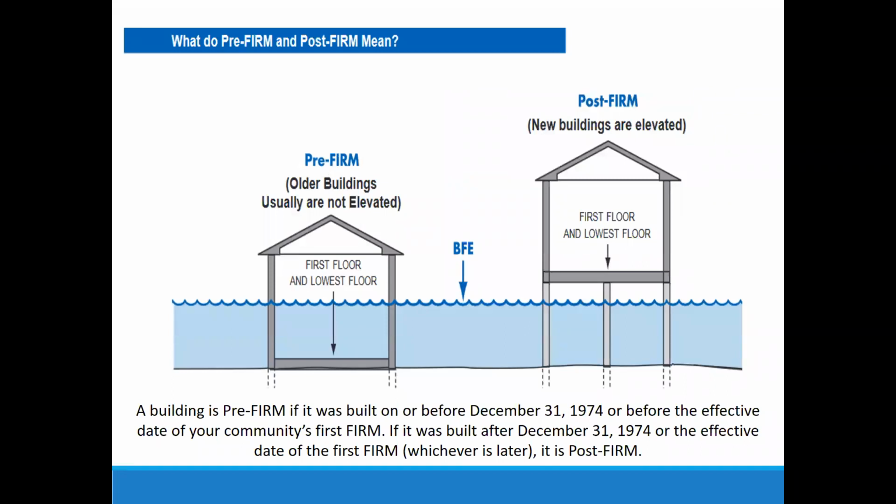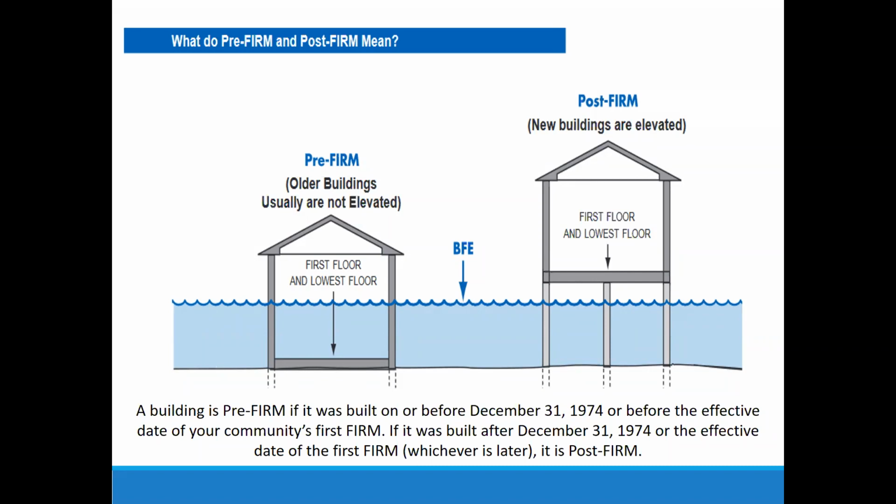Now we have older houses in Kansas that are built in the floodplain, and they got built years ago before floodplains existed. And there was a law that was passed. It was passed after a hurricane in 1973, but it didn't go into effect until 1974. And this law said that any homes that were built prior to December 31st, 1974 are called pre-firm. They pre-existed prior to a flood insurance rate map. Any of them that were built after that are called post-firm, except that December 31st, 1974 deadline is different in different communities. In some communities, that deadline is tied to the date of their first flood insurance rate map.